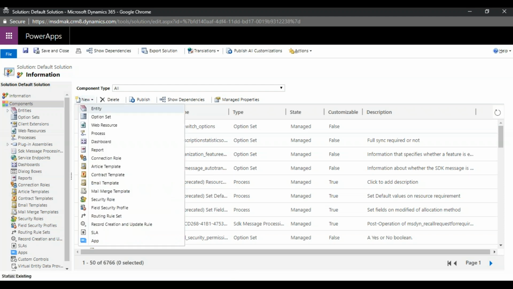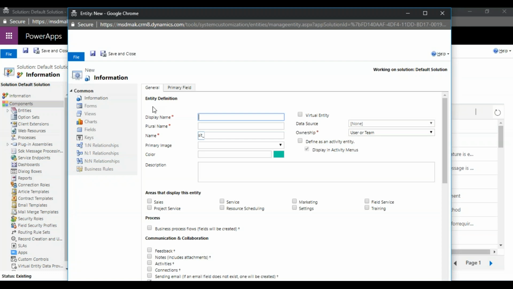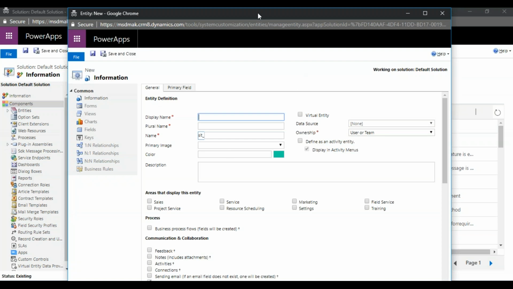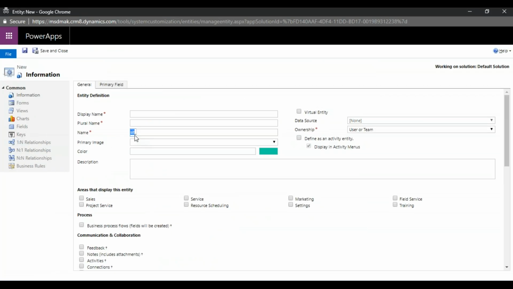Okay, so now I'm going to create a new entity. If you see here, this is coming as SIT. If a vendor from the Northeast creates it, Northeast will come. If a vendor from the Southwest creates it, it will come as Southwest. Okay, so I'm going to create an entity called employee entity.